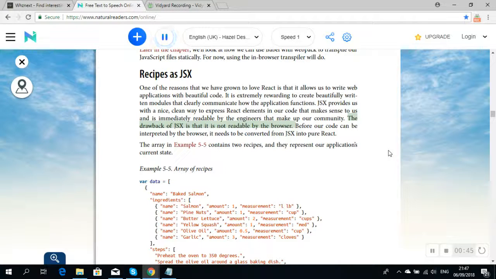The drawback of JSX is that it is not readable by the browser. Before our code can be interpreted by the browser, it needs to be converted from JSX into pure React. The array in Example 5-5 contains 2 recipes, and they represent our application's current state. Example 5-5. Array of recipes. var data =